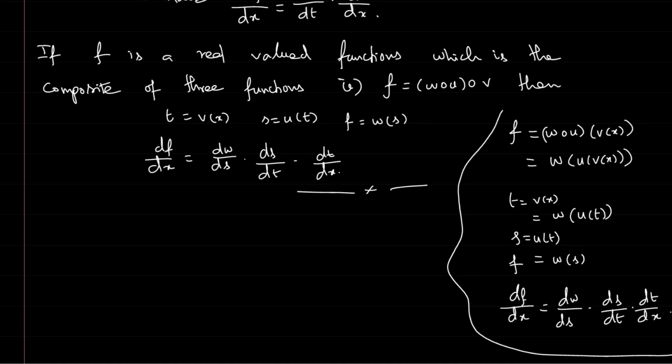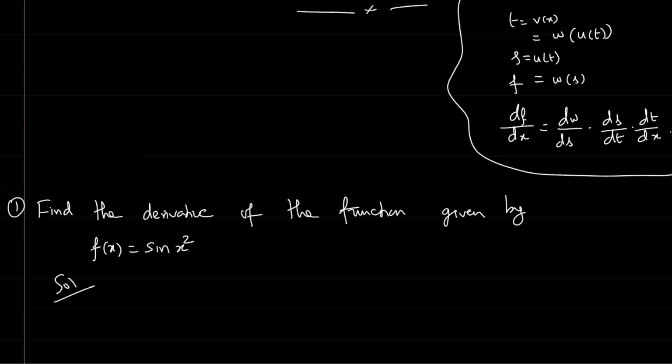So now let me see some problems based on these composite functions. So the first problem is, find the derivative of the function given by f of x equal to sin x square. So here we are having the function f of x equal to sin x square. So this is a composition of a polynomial function x square and a trigonometric function. Therefore here I can write this